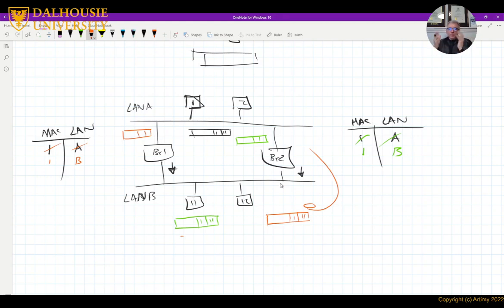So the first packet was duplicated twice, became 2, and then each packet, the green and the red, are duplicated again and duplicated again. So it goes exponential. It goes from 1 to 2 to 4 to 8 to 16, and in a matter of seconds it may destroy the network. So loops are one of the worst things that could happen to any network. We don't like them in networking at all, right?